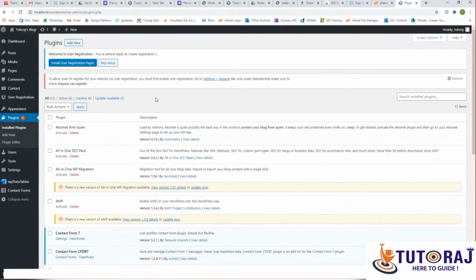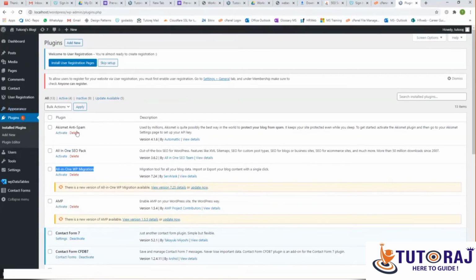And come back to plugins. Click on plugins, just click on plugins. It will basically take you to this page, and I see that in my local I have this All-in-One WP Migration installed but not activated. I think this will be the case for most of you if you're following the standard Bitnami installation.